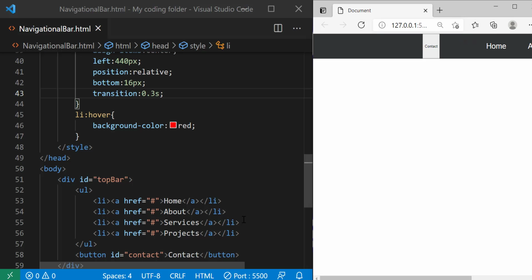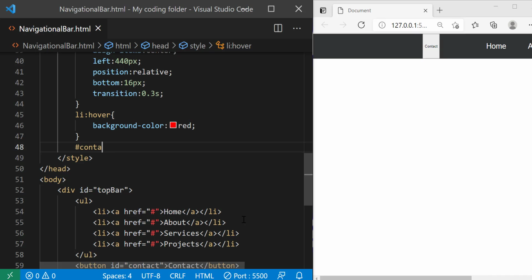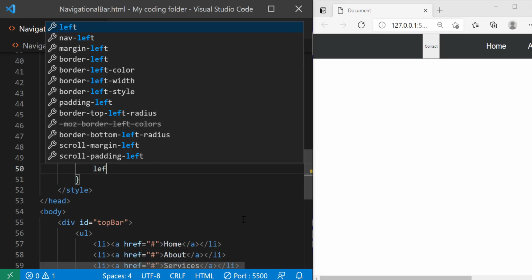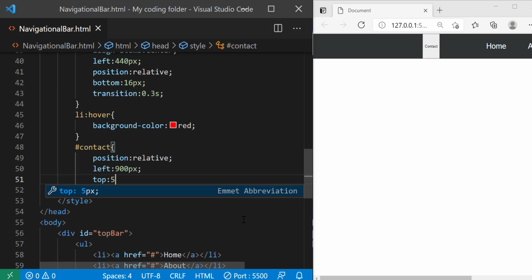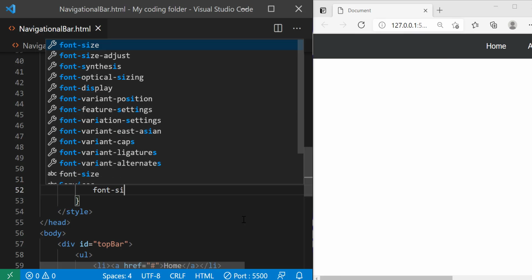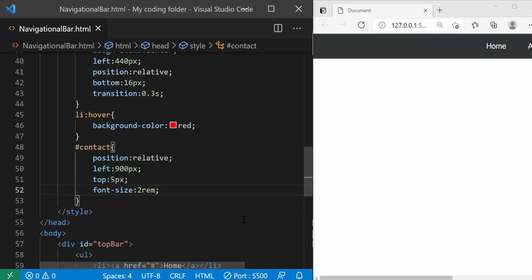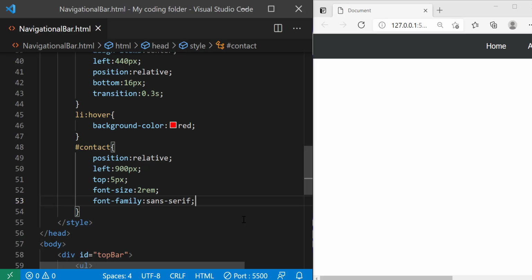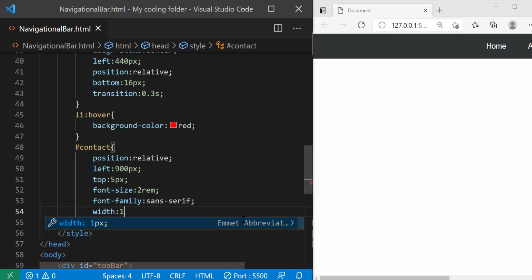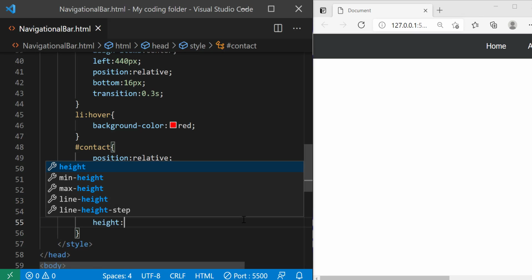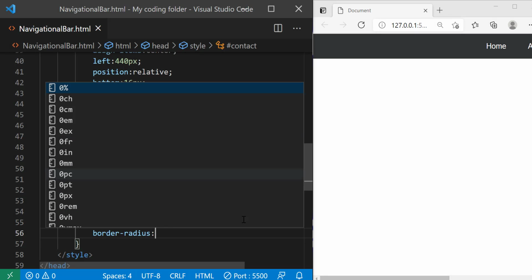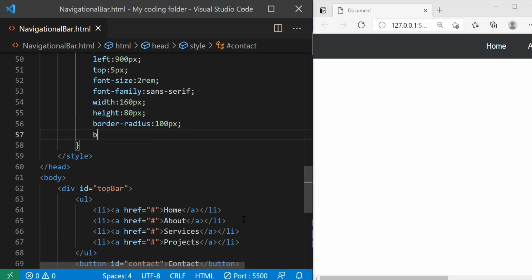This is just perfect. We can style our contact button, so I'll select contact, do position relative, left 900 pixels, top 5 pixels, so we're just going to move it down slightly. And then the font size of it will be 2 rem. Font family will just be sans-serif. Then the width will be 160 pixels, height will be 80 pixels, border radius will be 100 pixels, then background